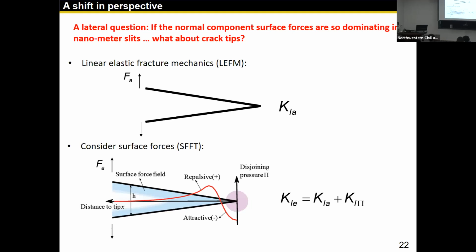Near the tip, it's strongly attractive because that's what is predicted from the BDDT theory. And then in the intermediate range, you have some repulsion show up. And then later on, the separation is too large, so everything is gone. Then you consider that the effective local stress intensity factor at the tip is going to be updated in this format. One is from the surface force, the other one is from the applied stress.